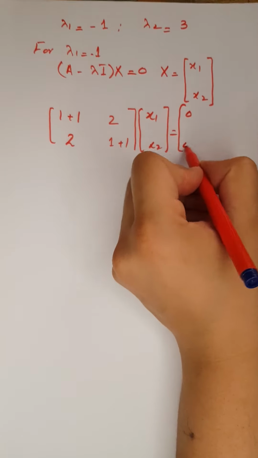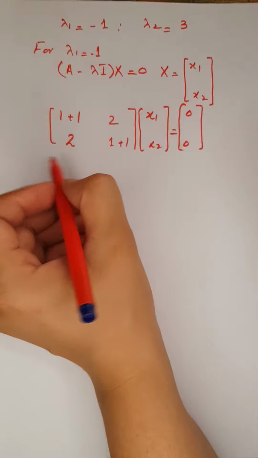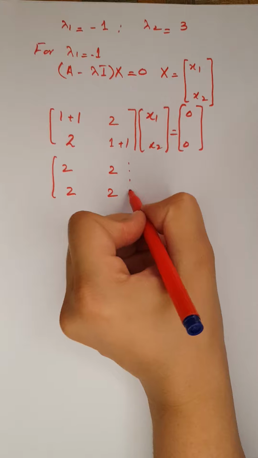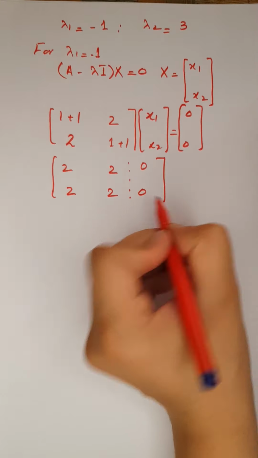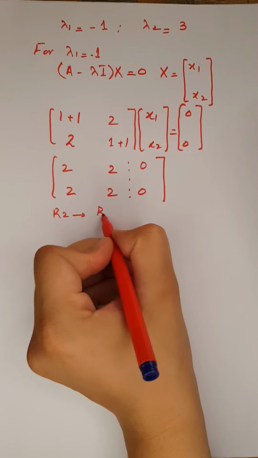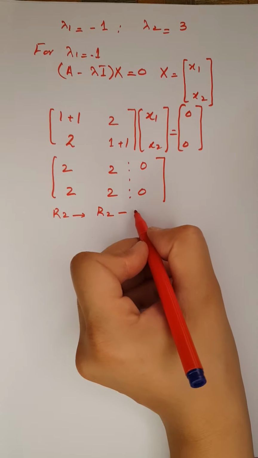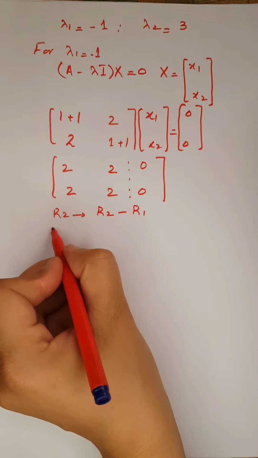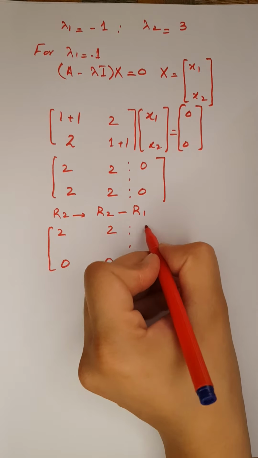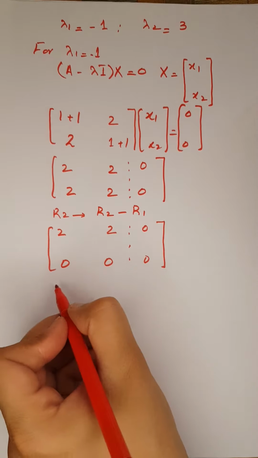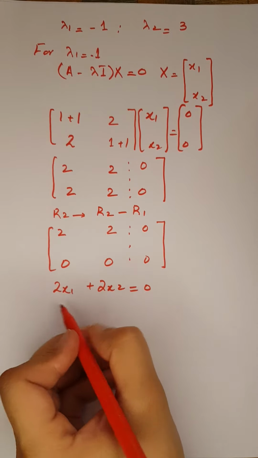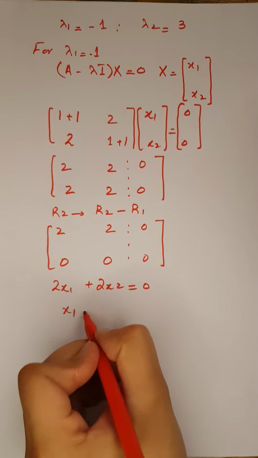You will get basically a homogeneous system, and its solution can be easily found using Gauss elimination. So we will have 2, 2, 2, 2, and the augmented matrix form is written like that. Now I will perform the operation on R2, and this is very simple. R2 minus R1 will result in the elimination of the second row, and using the back substitution procedure you will get 2x1 plus 2x2 is equal to 0, and on further simplification you will get x1 is equal to negative